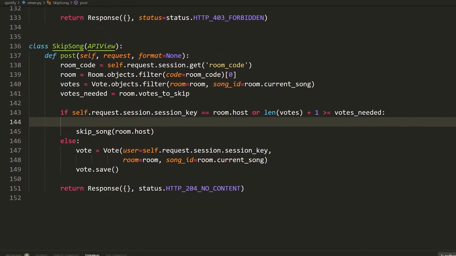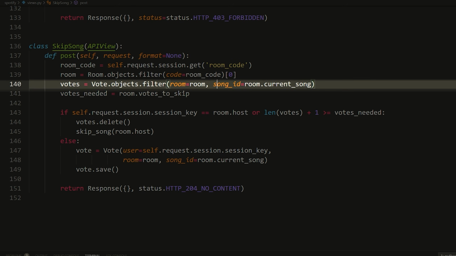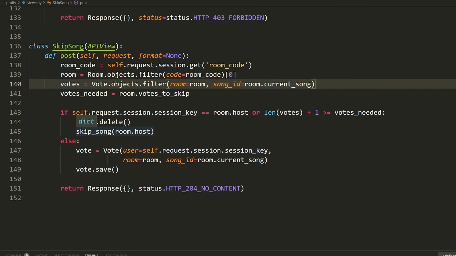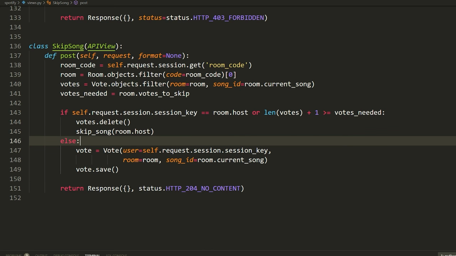So just inside of here, before we actually skip the song, let's clear all of the votes. To do that, we're just going to say votes.delete. The reason we can do this is because this list here stores all of the votes that meet this query. So before we skip the current song, we'll delete all of them, then we'll skip the current song, and anyways, you get the idea. So that should now work.